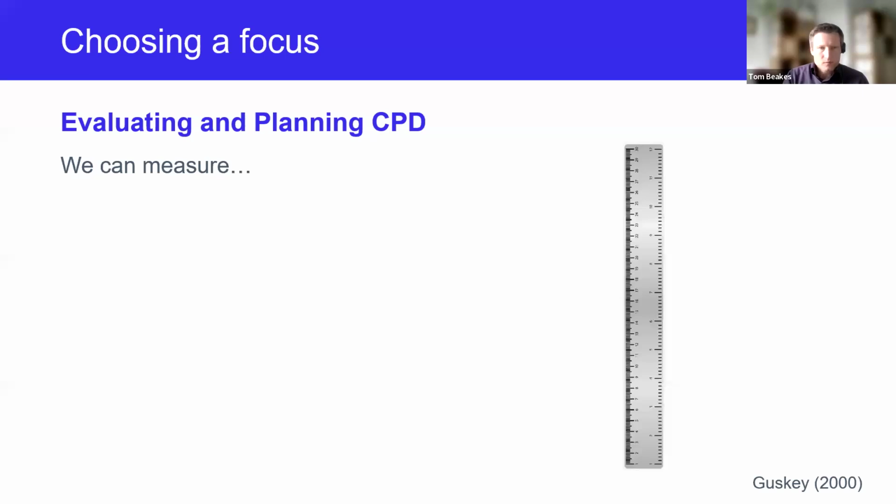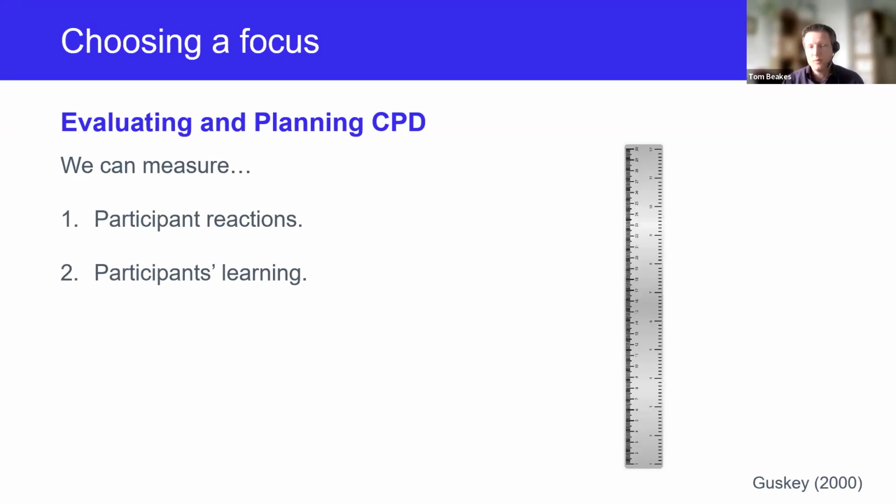I'm just going to go through them briefly, and then I will explain why these are relevant. So just bear with me. So, the first thing we can do is measure participant reactions. Are they happy? Are they smiling? Are they sitting there with their arms folded, rolling their eyes? We can also obviously measure that through things like questionnaires. We also might want to measure the participants' learning, or at least what they report having learned as a result of the CPD. Again, often via things like exit tickets or questionnaires.